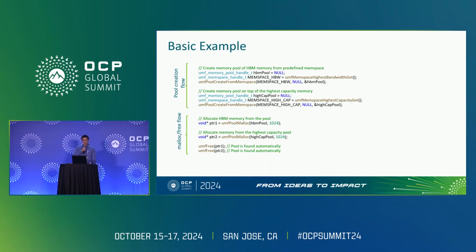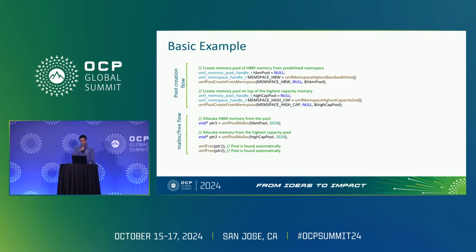The first step for both those pools is actually getting a proper memspace by calling a function. And the second step is calling the UMF pool create from memspace function that will then select the best available heap manager for that memory and select the memory provider that will actually be responsible for allocating memory for those different types of memories. And depending on the platform or the server that we are running this on,